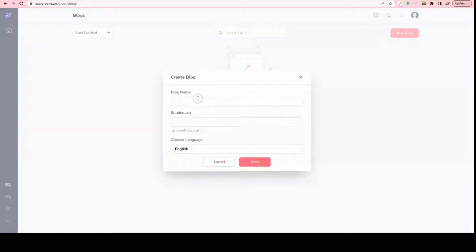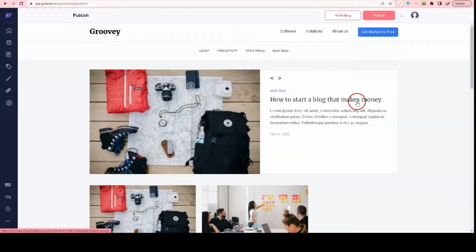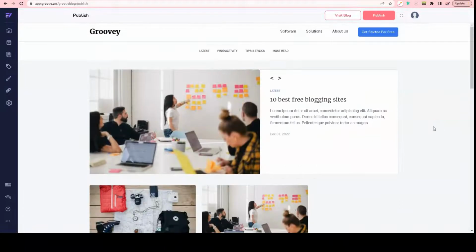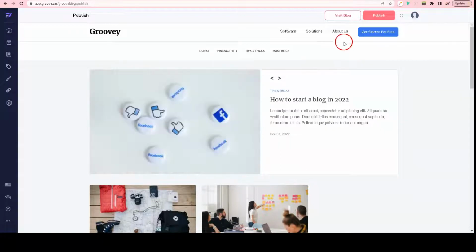Here you want to add a name and a subdomain, like imscope v3 for example, and click on done, and this page will pop up like you see in here. Now all you have to do is just customize it. So the first thing you need to do is click on publish,